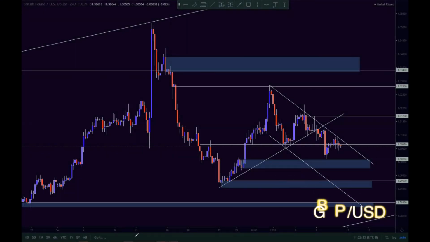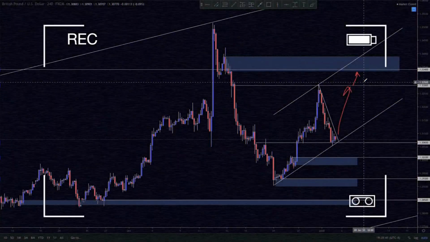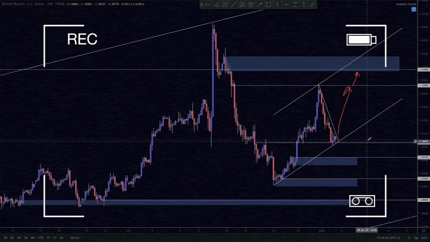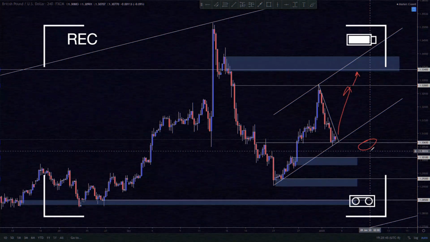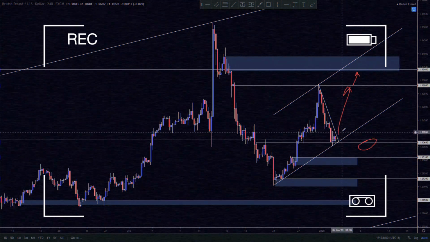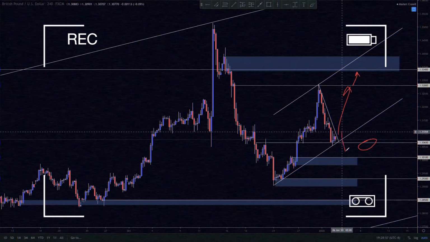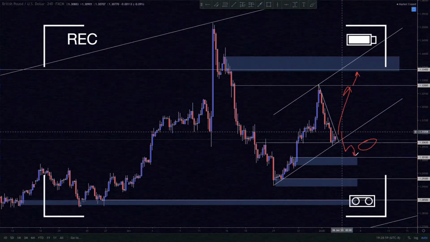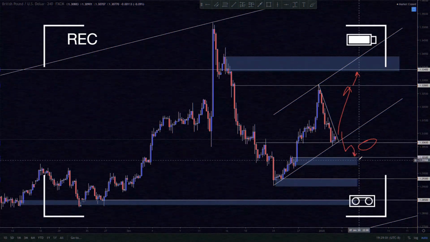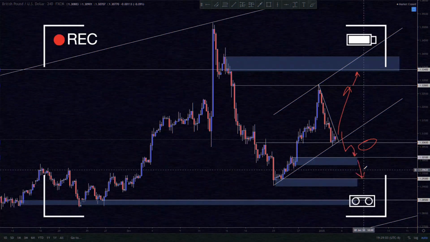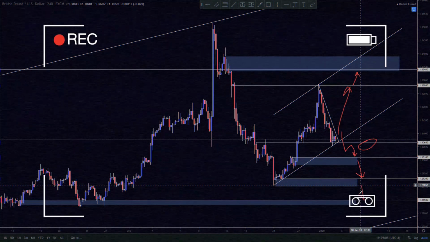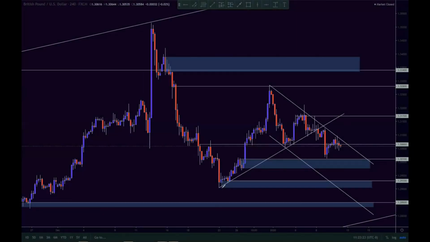All right, let's review our analysis from last week on GBPUSD. If, however, we break below the support level of 1.3065 and break out of the ascending channel, I would be bearish to levels 1.301, 1.293, and 1.285. As you can see, we broke out of the ascending channel and closed below the support level